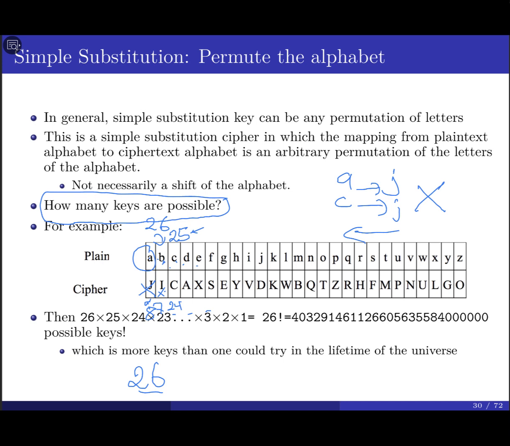So the first one, you have 26 combinations in order to find the right one. For the second one, you have to try 25 different keys. For the third one, you have to try 24. And you continue until for the last one, you only have to try 1. So it looks like we have 26 factorial. This is the number of keys that you end up with. How long does it take to decrypt this one? It's going to be too long a time, okay? Lengthy time. If you try to find all possible key combinations, you have to do this for a long time. I mean, you have to try every possible combination of the keys.